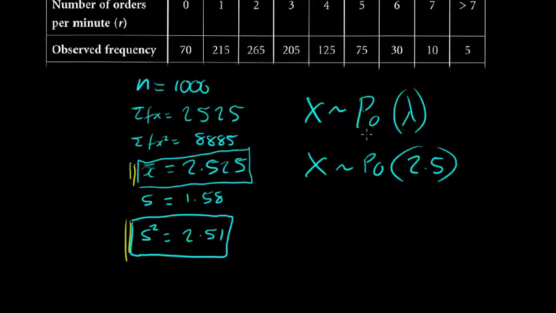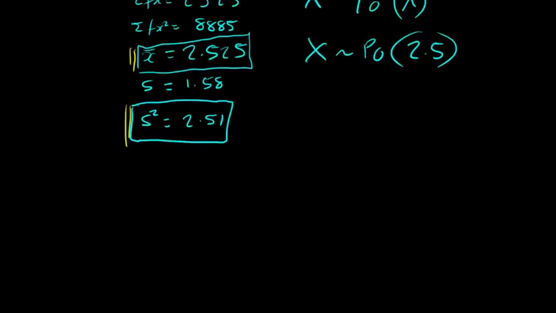So what we're going to do is test to see what we expect to get if this was a Poisson distribution, and then see whether or not a Poisson would be appropriate to use. We're not actually going to use it to model it, we've got the numbers, but you'll get the idea. So if we are going to use a Poisson distribution, then I'm going to need to know how to work out the probabilities on the Poisson distribution.